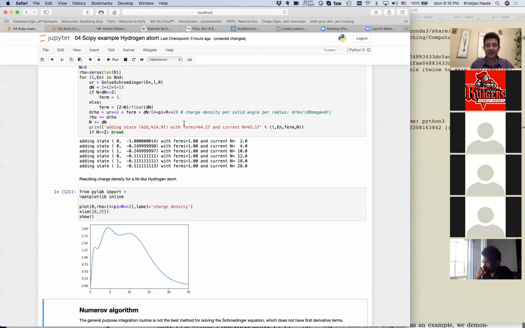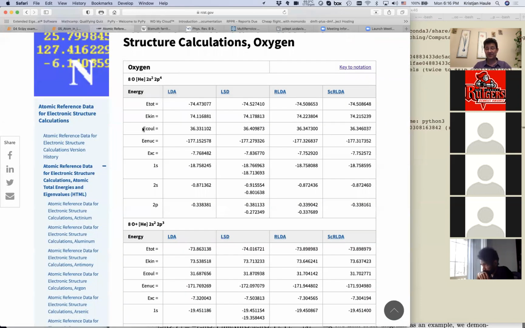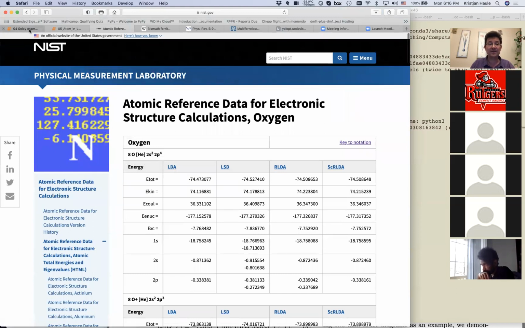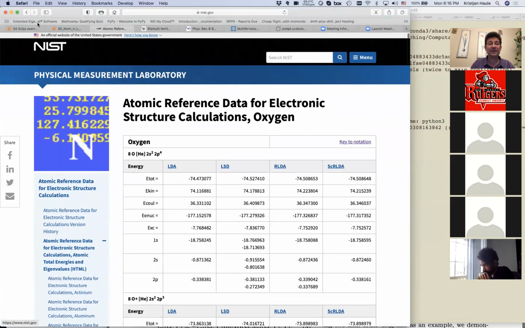Now, it turns out that these approximations are somewhat non-trivial to code, and therefore there is reference data available at NIST. I wanted to show you that. So if you go to the NIST website, I provided the link in the next exercise. There is a NIST website which basically